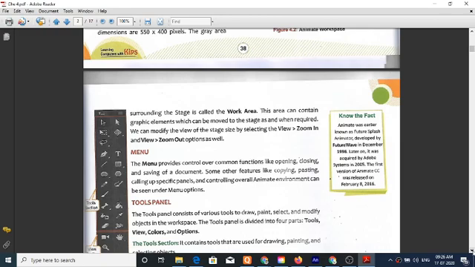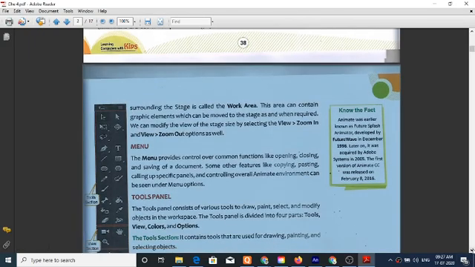The tool panel consists of various tools to draw, paint, select, and modify objects in the workspace. The tool panel is divided into four parts: tools, views, colors, and option buttons. Look like this. This is the tool panel divided into four parts. Now, the tool section.